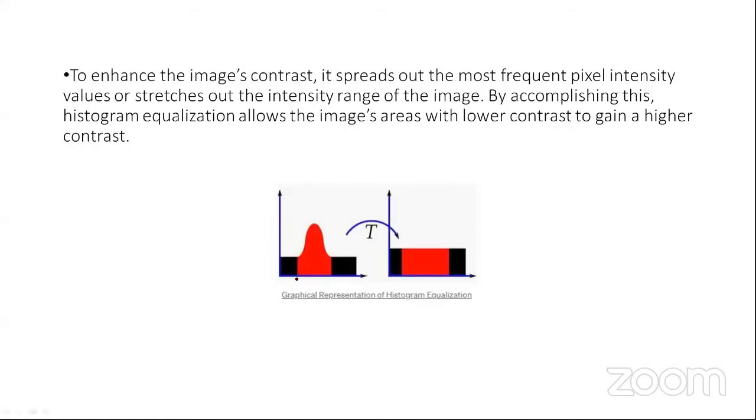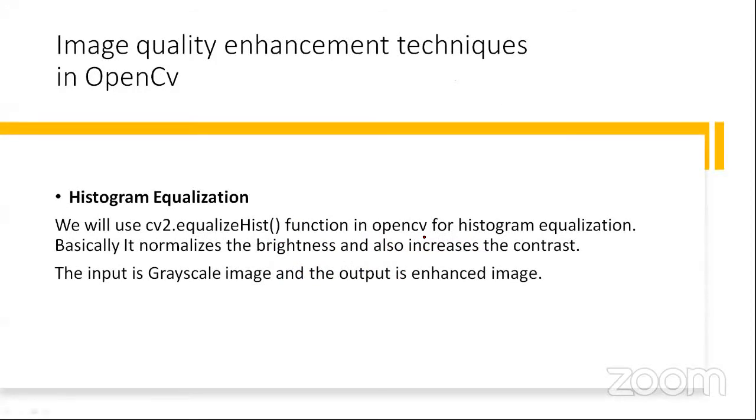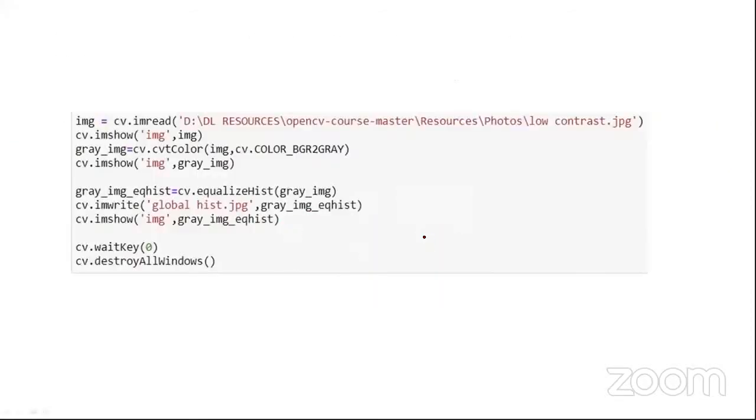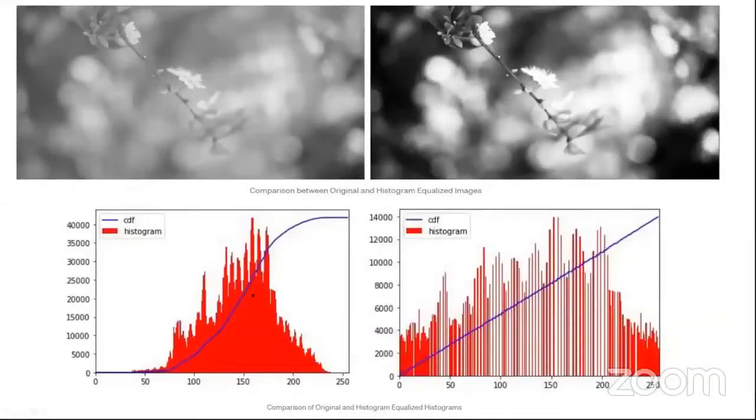If you have a narrow region in the middle of your image histogram, and you have nothing on the right and left, then it corresponds to a low contrast image. And if your histogram is well separated, then this will be a high contrast image. So this is what histogram equalization does. This is the histogram of this image. You can see it has a narrow band here. It does not cover all the values from 0 to 255.